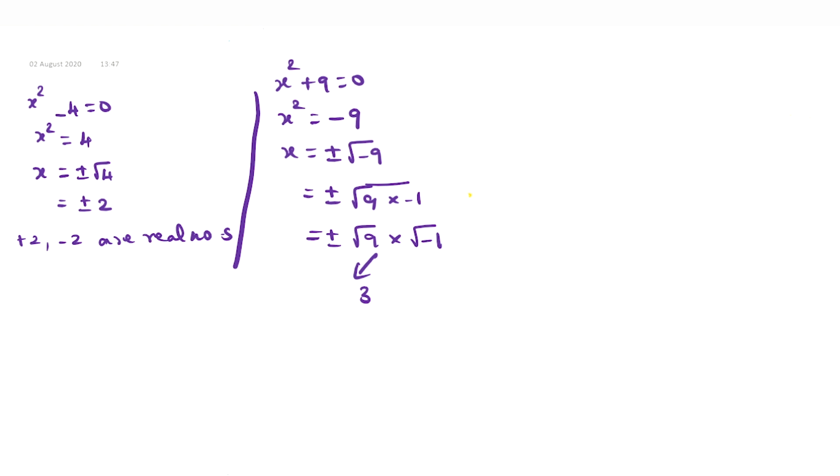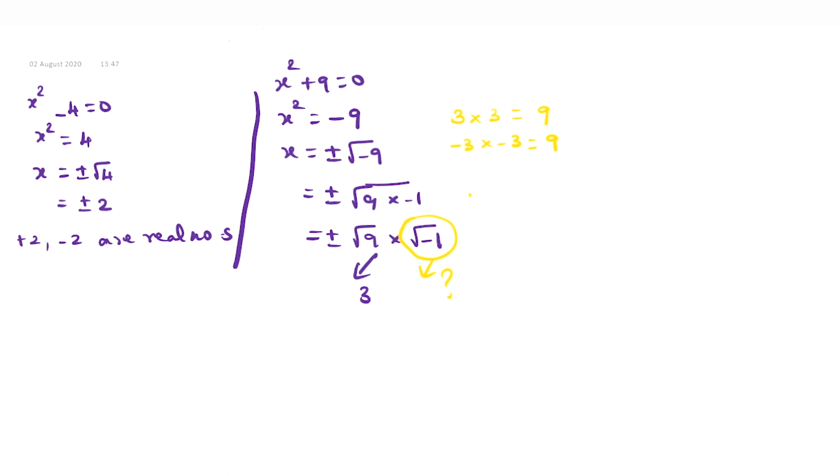Now we don't know the value of this one. So what is the value of this one? We don't know. Right. So we know that if you multiply any two positive numbers, we get a positive number, right? So if I multiply 3 into 3, I get 9. If you multiply minus 3 into minus 3, again I will be getting a positive number. So the square of all the numbers we have learnt so far is positive.